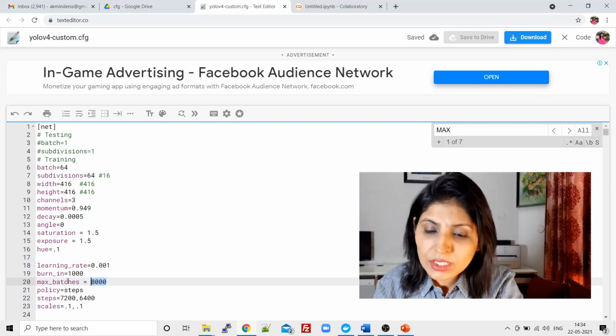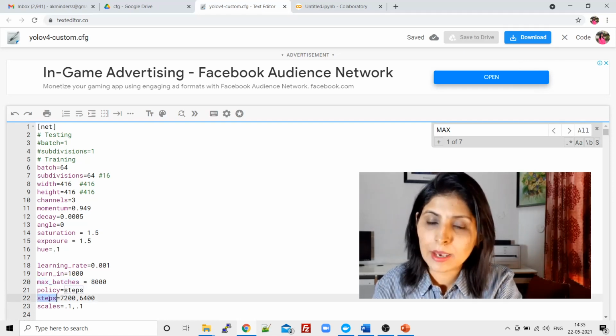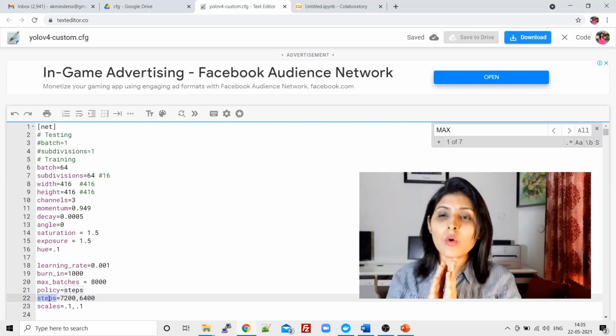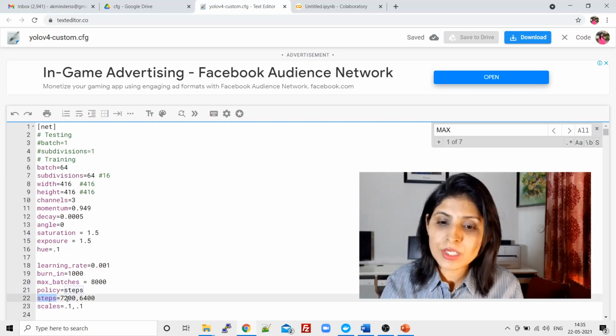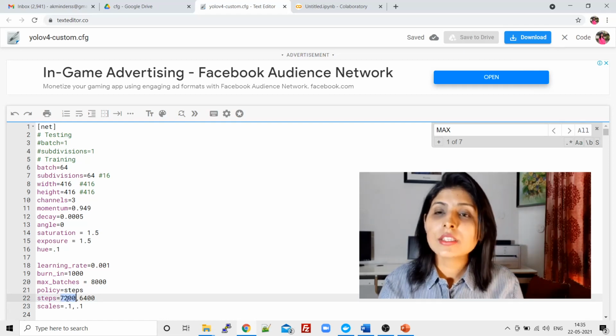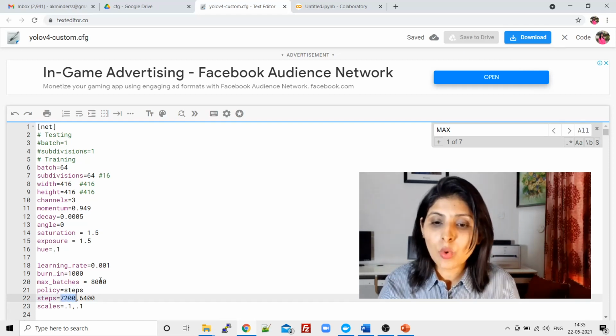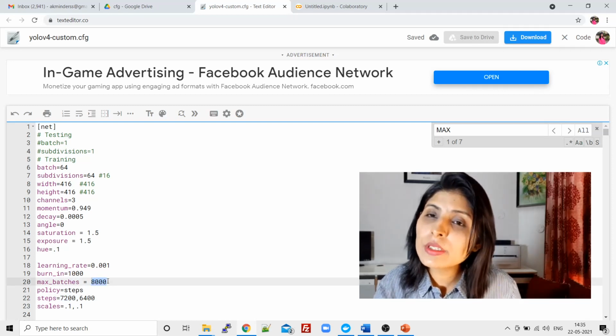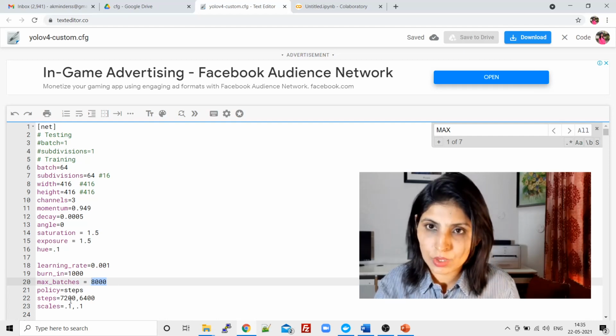And just below max batches, we have steps. These steps again you have to change. This first value 7,200 is the 90% of the max batches. So what is the 90% of max batches? 7,200.